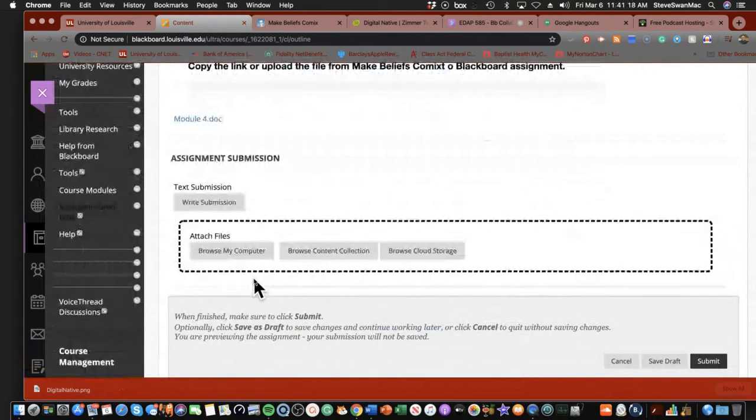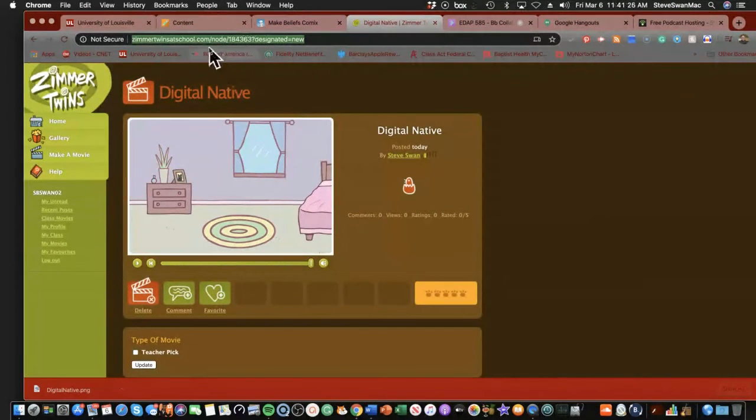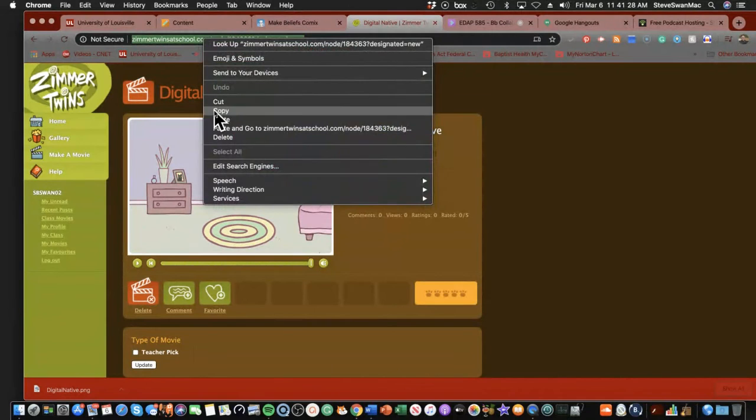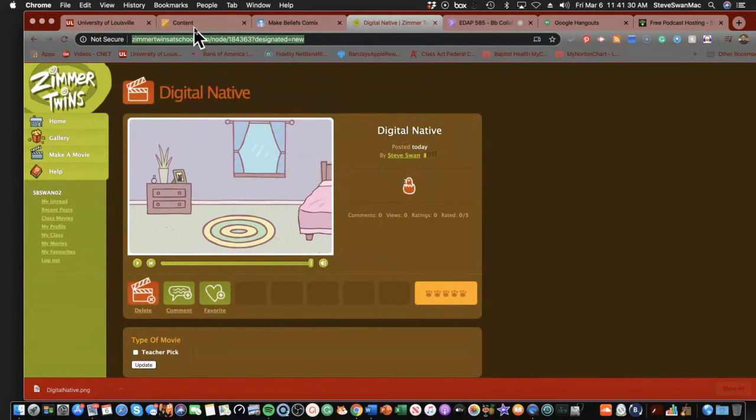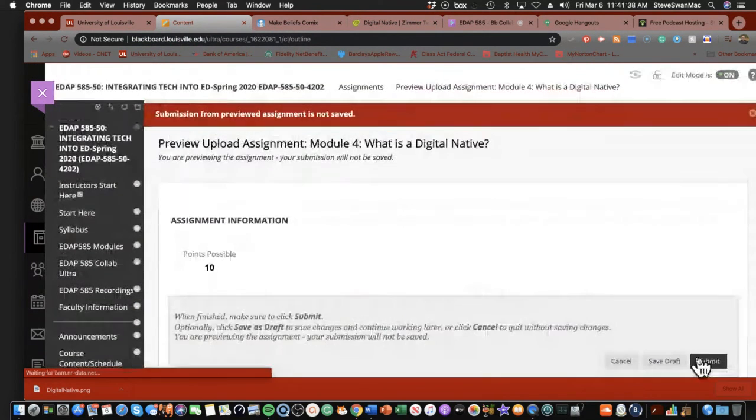If you're doing the Zimmer Twins, all you need to do is copy that URL, like I said, and paste it in here where you normally would put your writing, and you submit it.